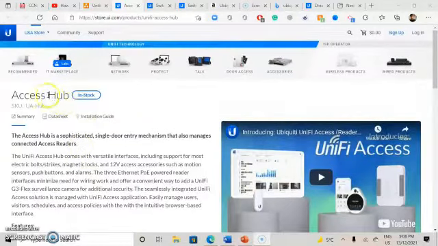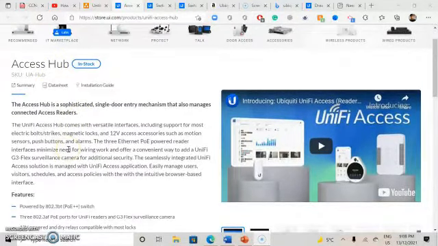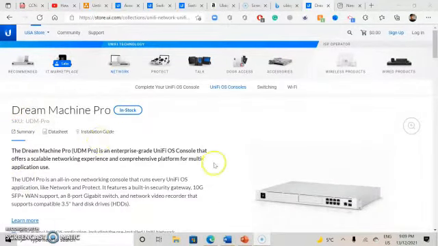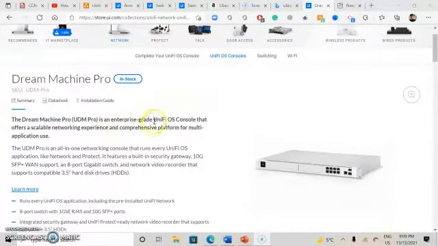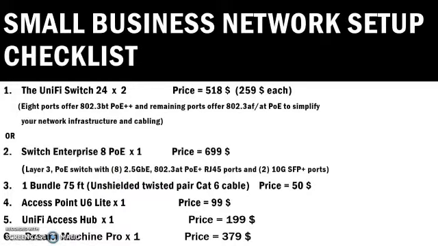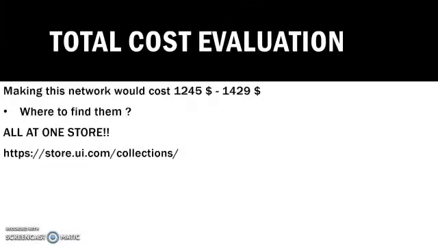You might also need a Unify Access Hub, which minimizes the need for wiring, and it works on the Unify Access application, so your whole enterprise will be a smart business. And at last, you will need the Dream Machine Pro modem. This is an enterprise-grade modem which works on the Unify operating system, and it has 8 ports. After checking the market price, we can estimate the total cost, which can be around